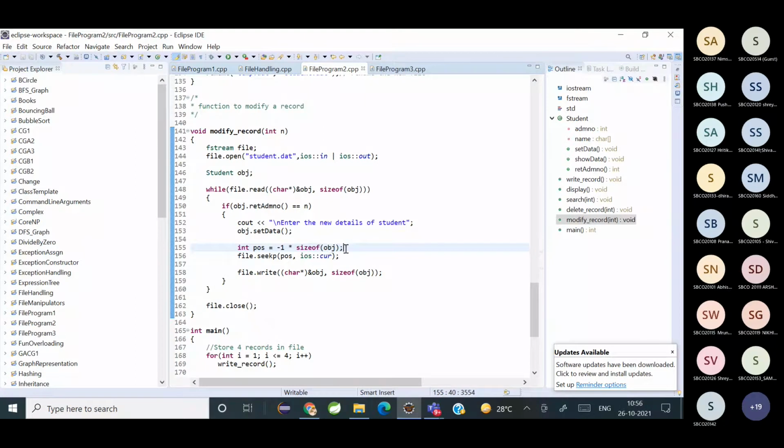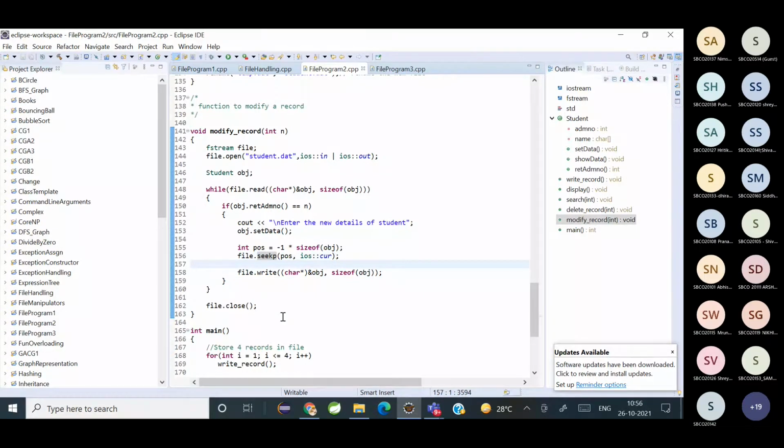If I say minus the size of the object, my cursor from the current position will go to this particular position, right? And from there I will write the new details. So who is setting that position? seekp is setting it.